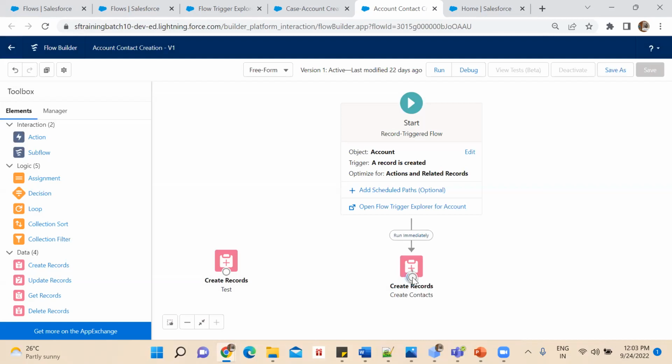It will show you to click, drag and drop to connect